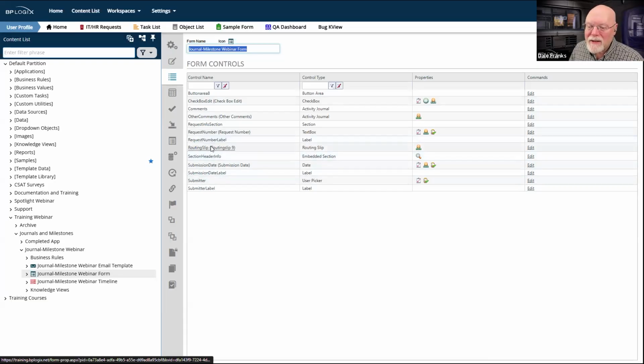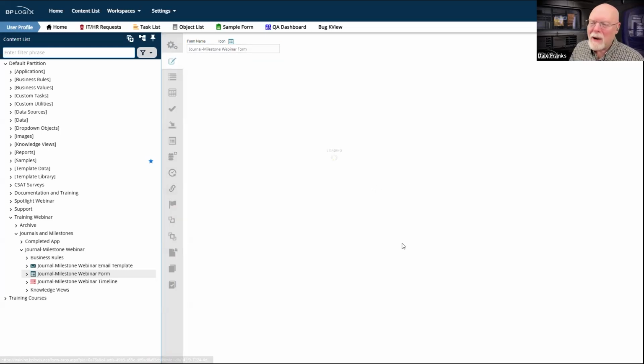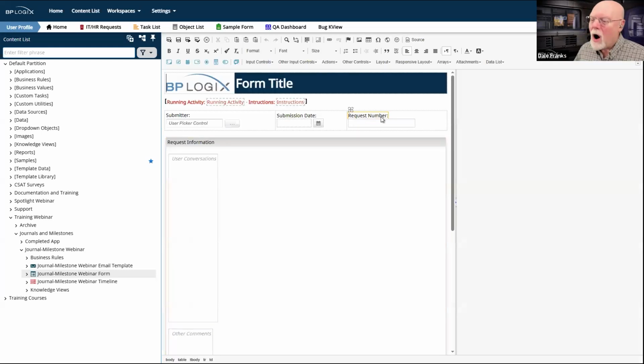What is that section called? Section control, request info section, and let me look at how my form is designed. What have I done here? Oh, okay. This stuff is not in a section, so I can't just do a section.